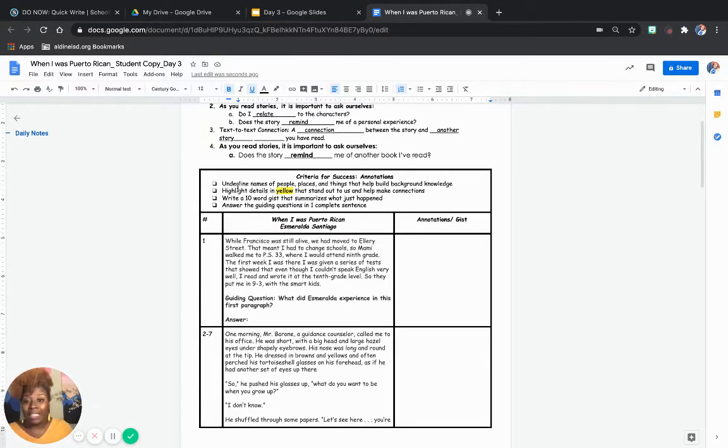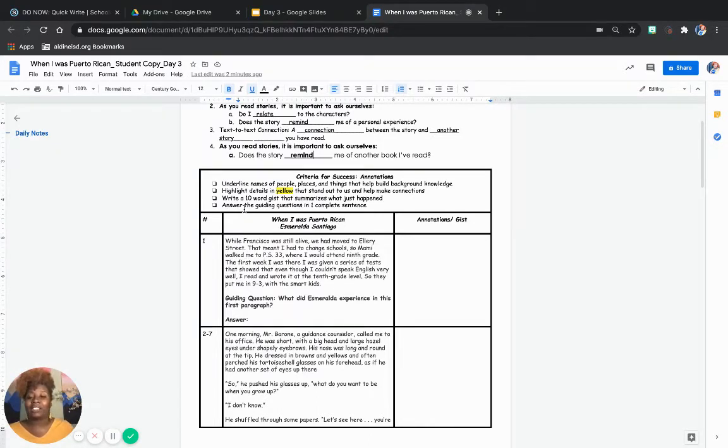The first one says, underline the names of people, places, and things that help to build our background knowledge. The second one says, highlight details in yellow that stand out to us and help make connections. Third one, write a 10-word gist that summarizes what just happened. What is a gist? A gist is basically a summary of what happened.